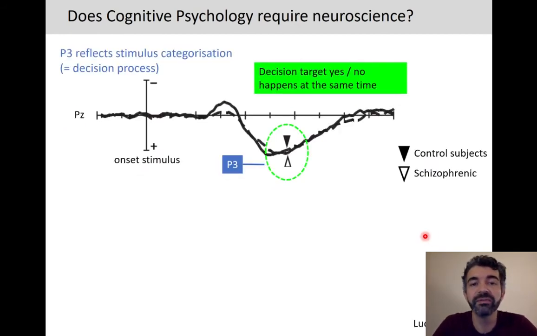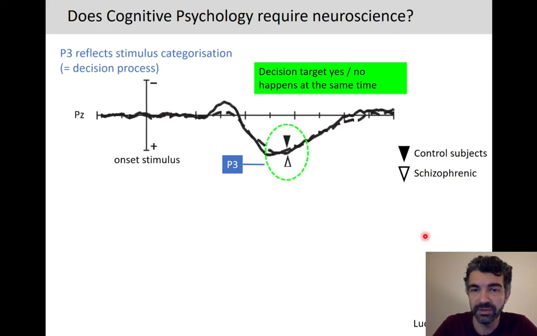Well, we can use event-related potentials of the EEG. For example, the P3 component. You don't need to understand what the P3 is. We will talk about the P3 in more detail in the second session, which will be particularly on event-related potentials and electroencephalography. For now, it suffices for you to know that the P3 is related to the stimulus categorization,